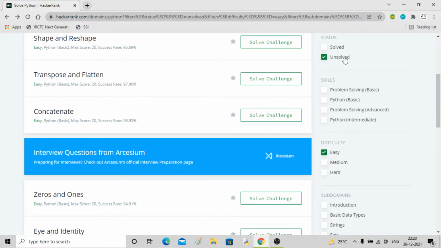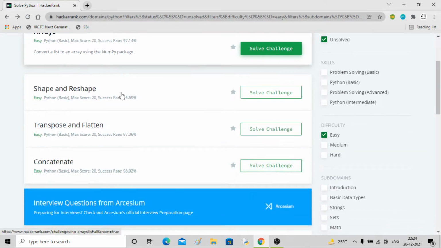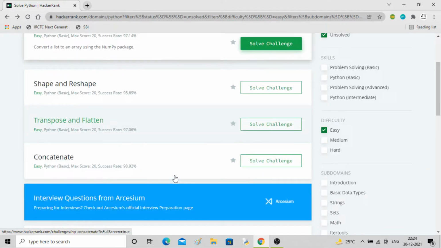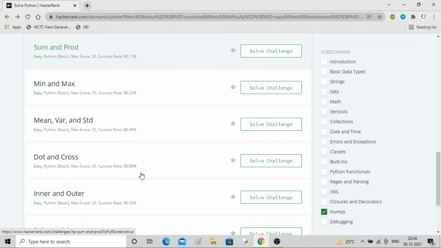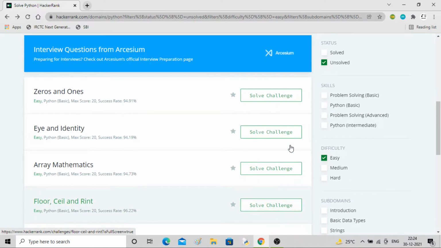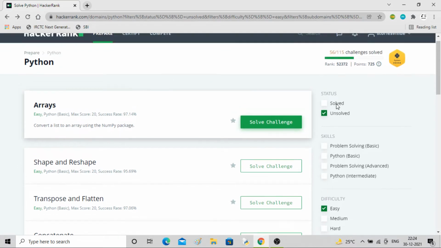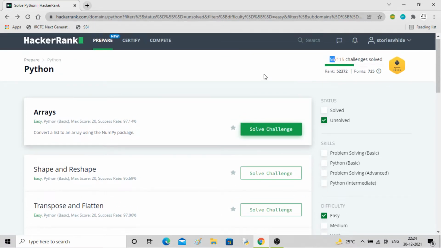Okay, easier ones unsolved. This is from the same list, it has just sorted out the array ones. So only array related problems are here, that is, easier ones. I'll be solving them one by one, and you will see they are comparatively very easy compared to what I have done in the previous videos, just to speed up the process. We have done almost 56 of them, so we'll be reaching faster. Let's go through the first one.